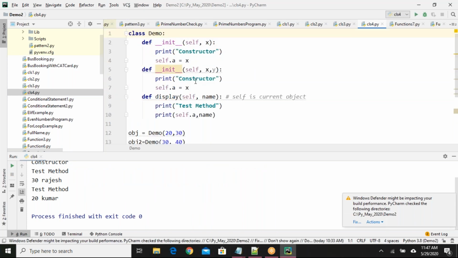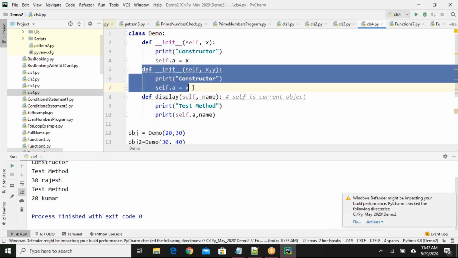This is one thing with Python only. In other programming languages, you can write multiple constructors, but here, even if you write different constructors, the last one you have written is what will work. There is a reason and a concept behind this. We will talk about it in the next sessions. Okay, sir.